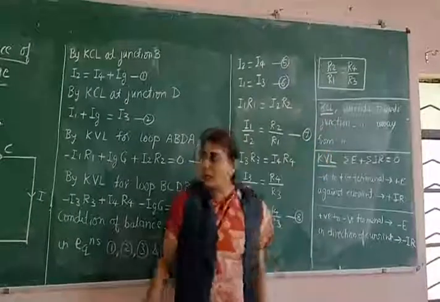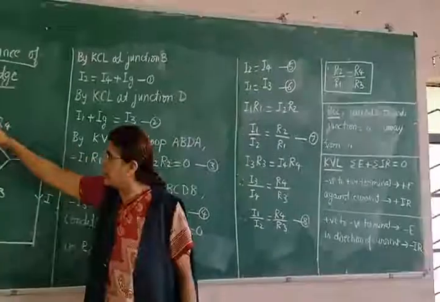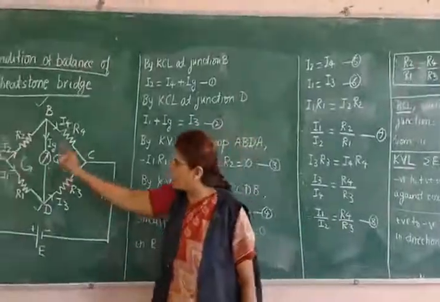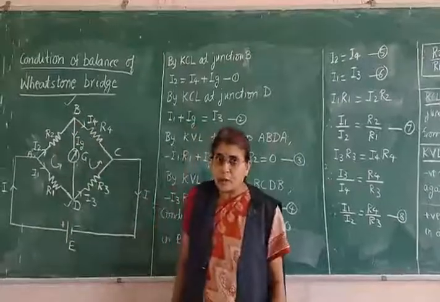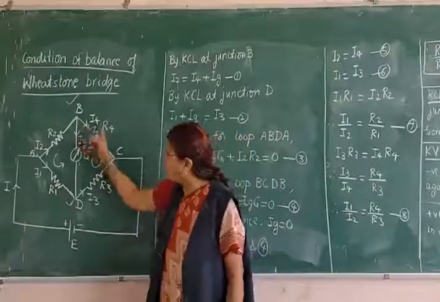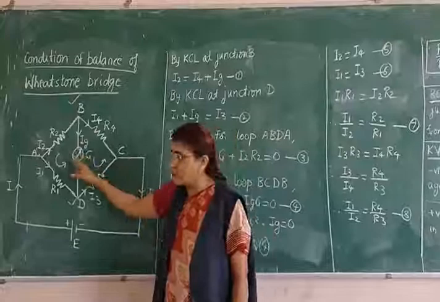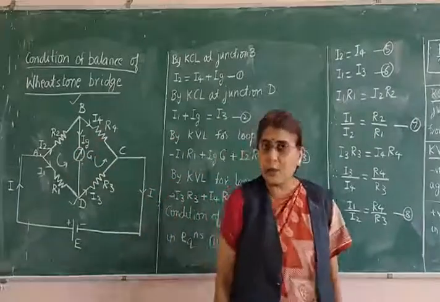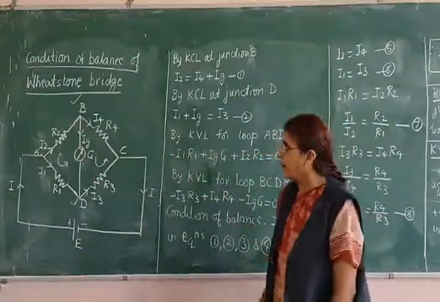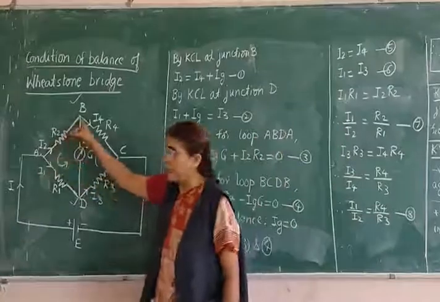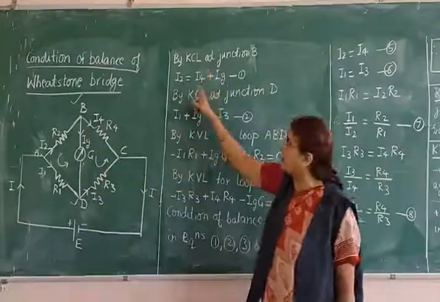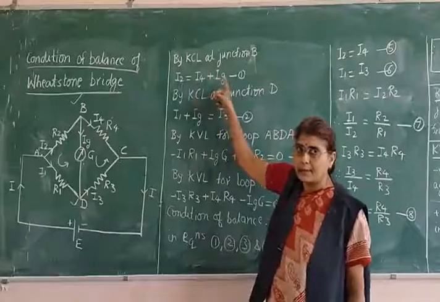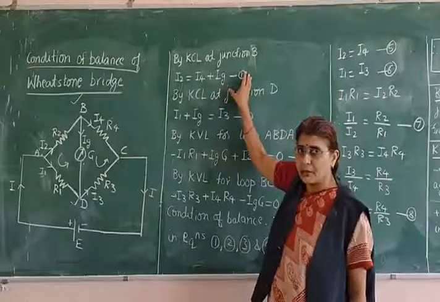Okay. So this junction law, now here we shall apply to the point B. What are the currents towards the junction? I2 comes towards the junction. What are the currents going away from the junction? I4 is going away from the junction. IG is also going away from the junction. So what will happen at the junction B? Incoming current is I2. So I2 will be nothing but the sum of outgoing currents. What are the outgoing currents? I4 plus IG. So I got equation 1.